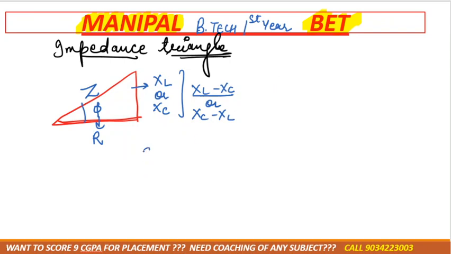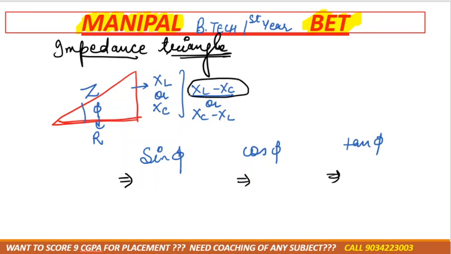So in this case, are we able to get the values for sin phi, cos phi and tan phi? Tell me, what is sin phi, what is cos phi, and what is tan phi? Consider this case, XL minus XC. Sin phi is not R by Z, cos phi is R by Z. Sin phi is XL minus XC by Z, and tan phi is